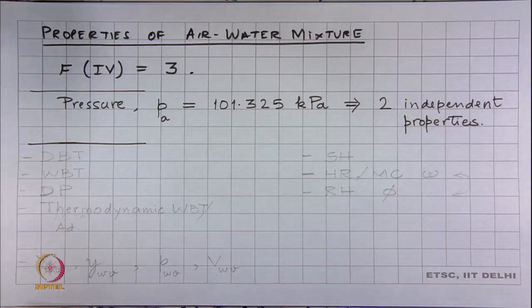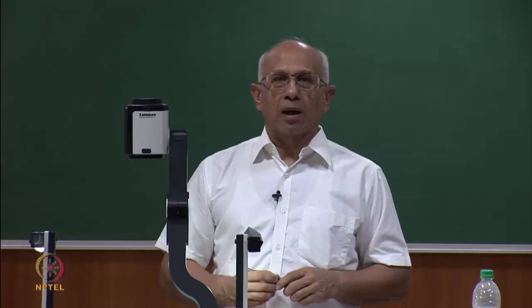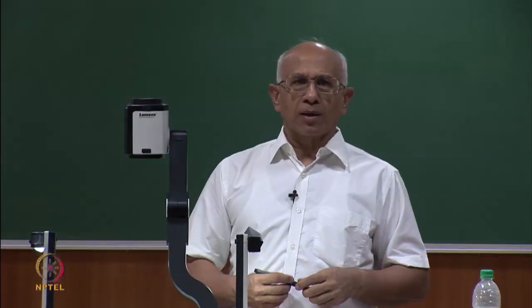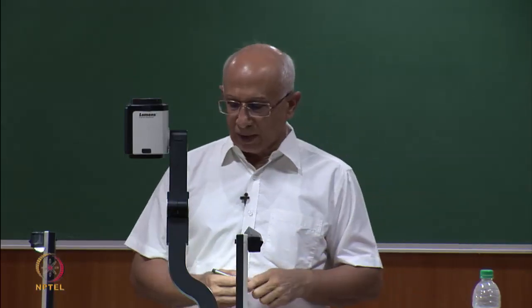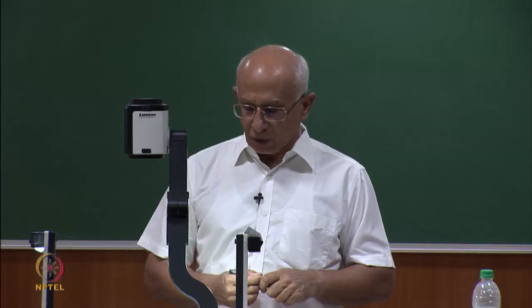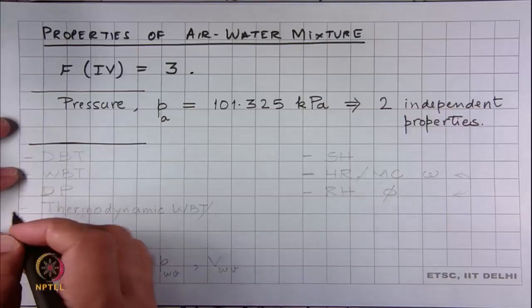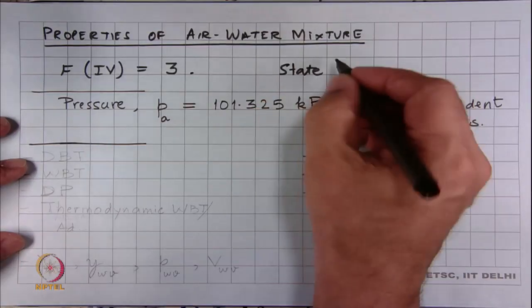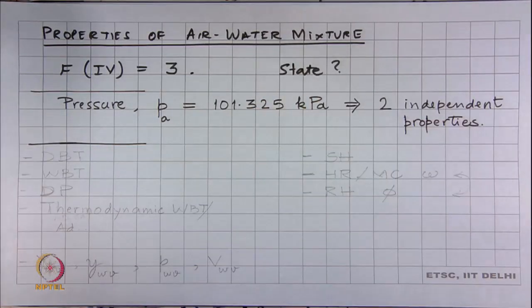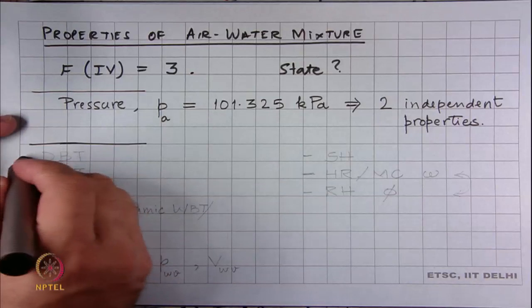So, what options do we have? Well, in the previous lectures, we have come across a large number of properties, and so we will just list them out and then ask, can any 2 of those be used to satisfy this requirement to completely specify the state of the system. So, that is what we need to do. How do you specify the state, and which are those properties that will do the job for us. So, here is the listing of those properties that we have come across.